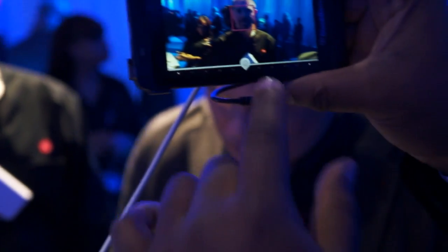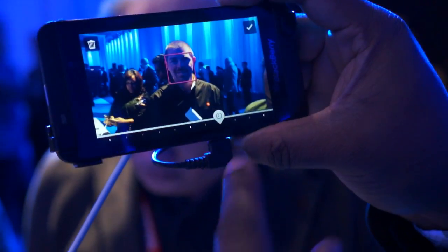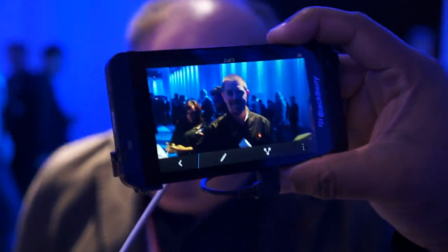Okay, so it's detecting the face, and it actually allows me to go back. And you'll see that, remember, it was a little blurry, so it actually lets me go back and forth, get that smile. And then now, that is our pic. So basically, in an instant, it took...